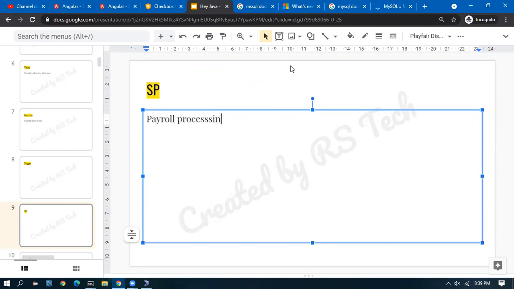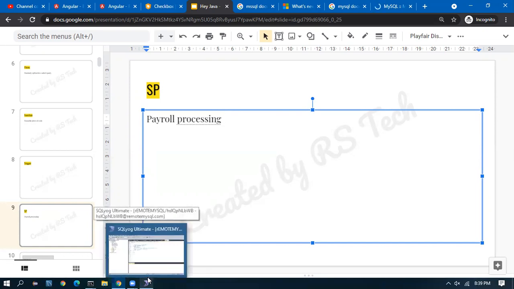So these 10 queries cannot be run manually every time a payroll is being processed. So what we do is bundle them as a single SP, a stored procedure, and we call it from the Java program. When a single stored procedure is called, all the statements get executed: select, insert, update, whatever we use, in the order that is the business logic.